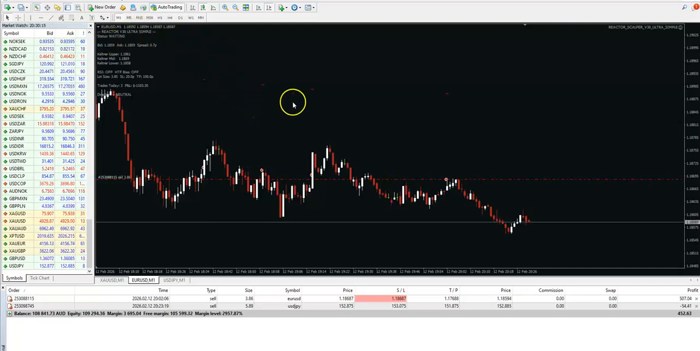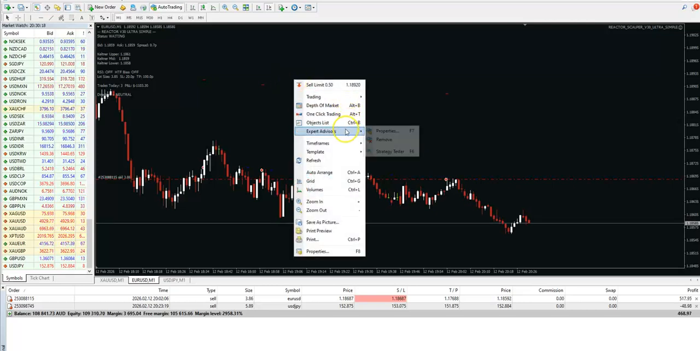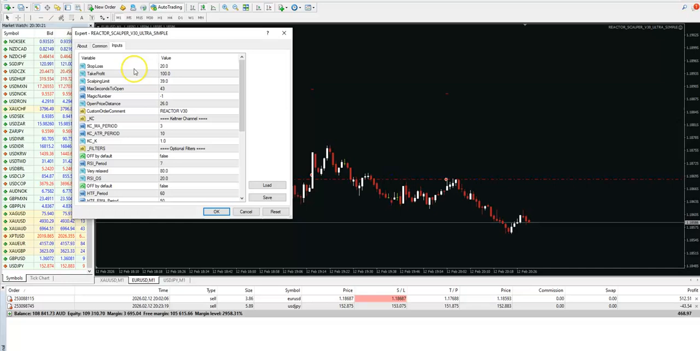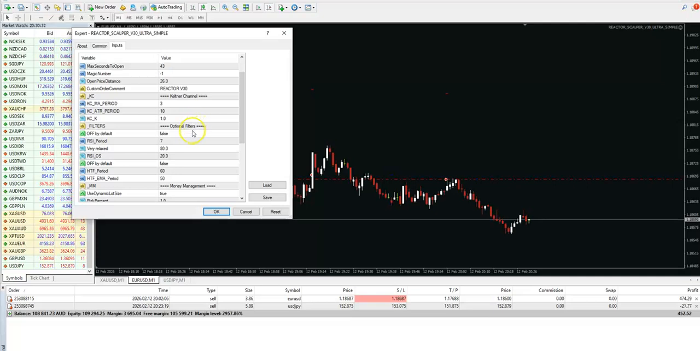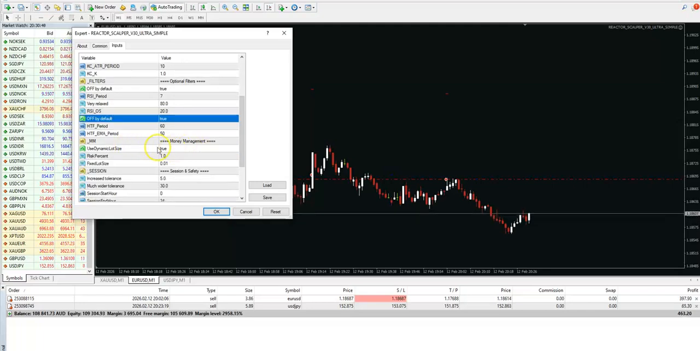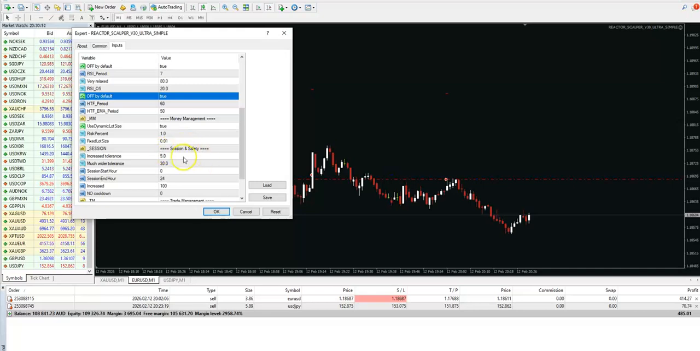Status, everything is here. Expert advisor, so stop loss, take profit, this is all the same. Keltner channel is settings here. You can put this filter to true if you want to be more complex, so more confirmation to trend a trade. Money management, dynamic lot size, increased tolerance 5, much wider tolerance 30,